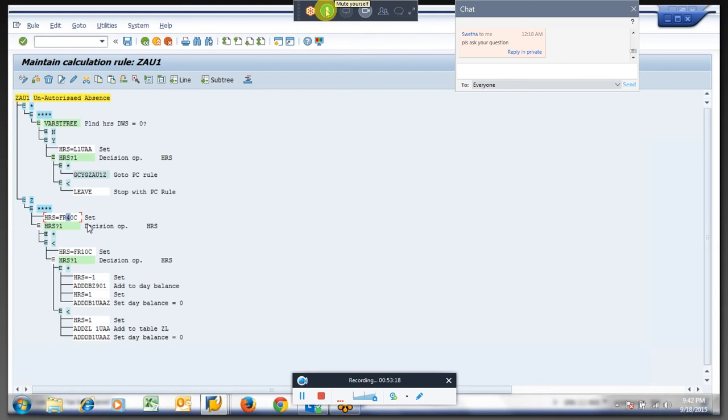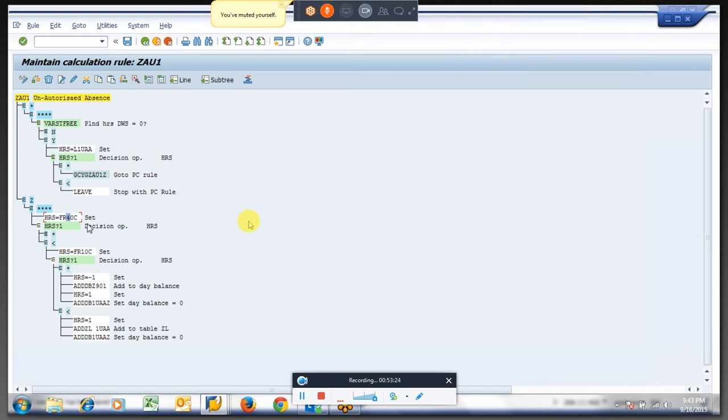And regarding the previous question, even I struggle with this. Many of the clients will tell me they want to update the 2001 infotype with absence, and it's really not possible with the standard one.